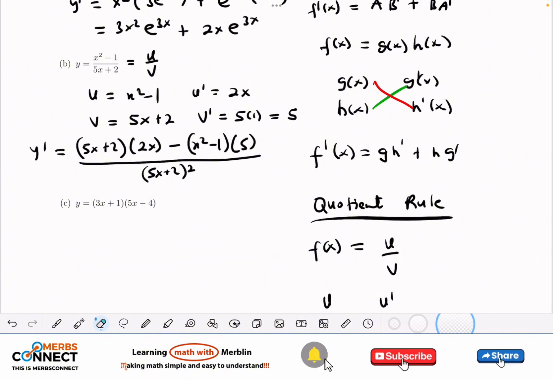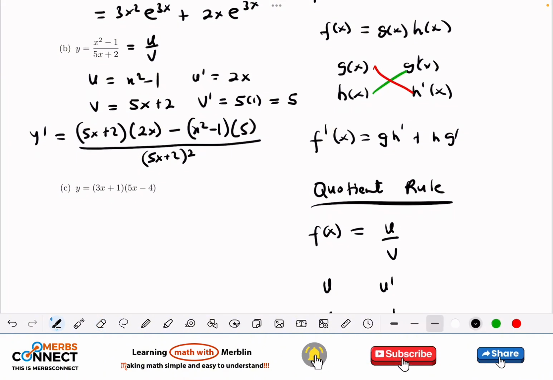So let me try and simplify this and let's see what you're going to get. Y prime will be equal to, now when I multiply, I distribute this and this. 2x times 5x will be 10x squared plus 2x times 2 will be 4x. Then this 5 here will multiply x squared, multiply by minus. So I'm going to have, or I can make it minus. Then this 5 here will multiply this, giving us 5x squared. Then this will multiply this, also giving us